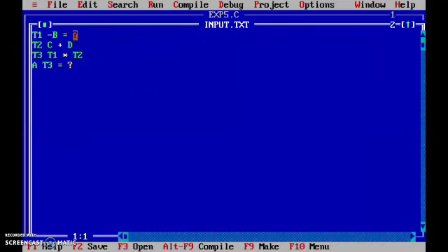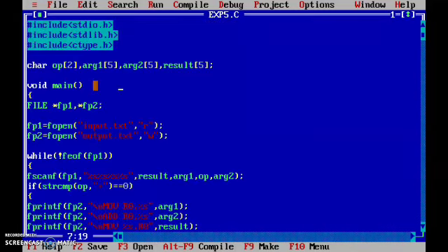Let us open this. This is the content of this input.txt file. It contains the intermediate code: t1 = -b, t2 = c + d, t3 = t1 * t2, a = t3. This is the input for your program.